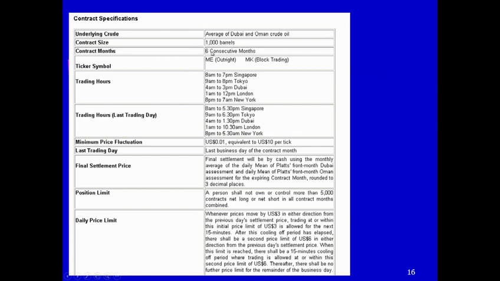The contract lasts for 6 months, and as you can see, the trading hours are listed between 8 a.m. and 7 p.m. in Singapore. Because most trading in Singapore occurs from foreigners abroad, it also provides you with those trading hours in other countries. So for example, if you're in London and you want to trade this Singapore contract, it's going to be between 1 a.m. and 12 p.m. in London. We also have the final settlement price, the position limit.